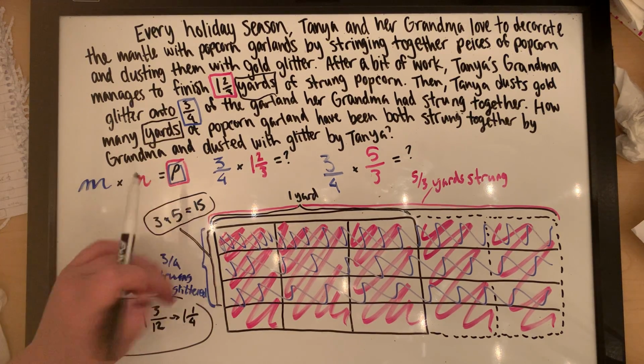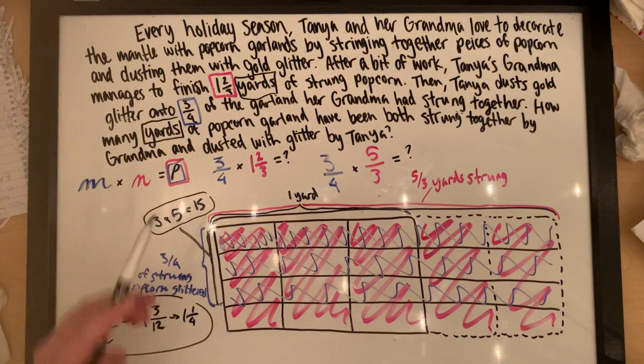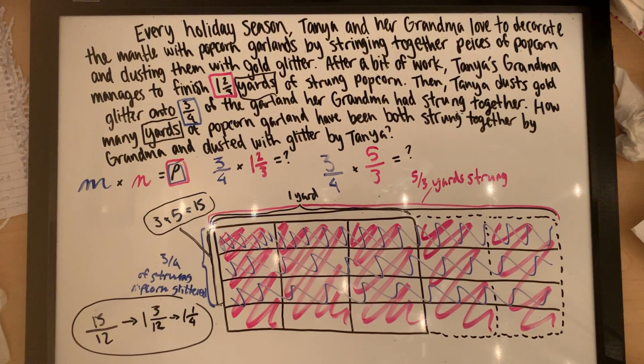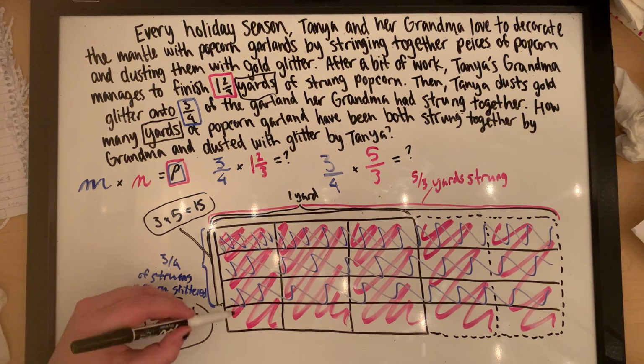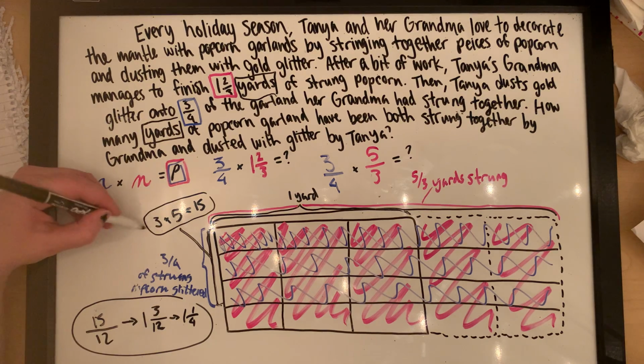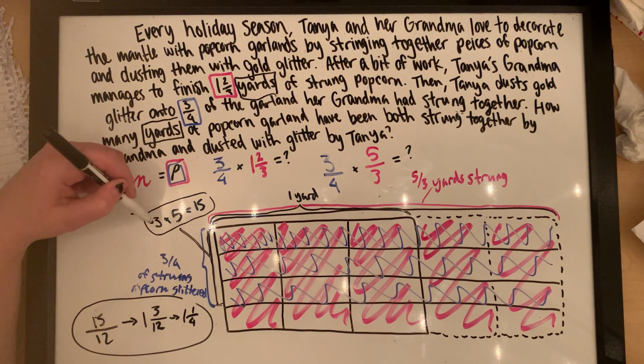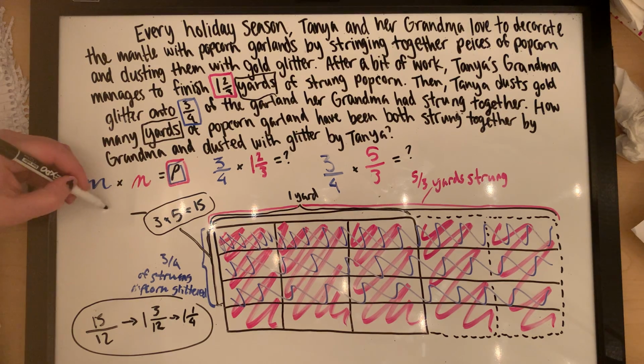So this picture represents 3 groups of 5, and it also represents our whole. So 3 times 5, 3 groups of 5 represents the